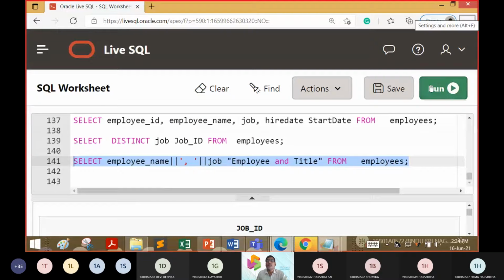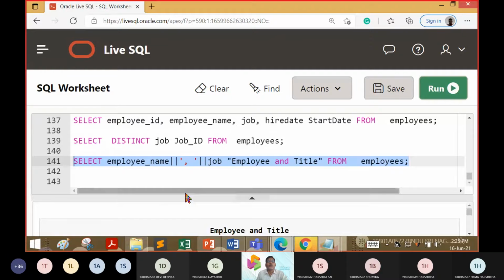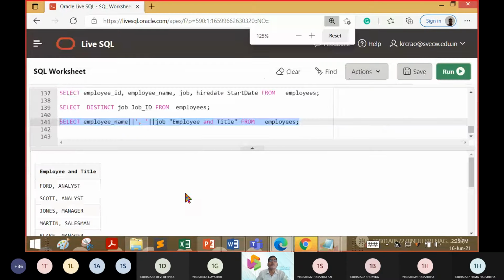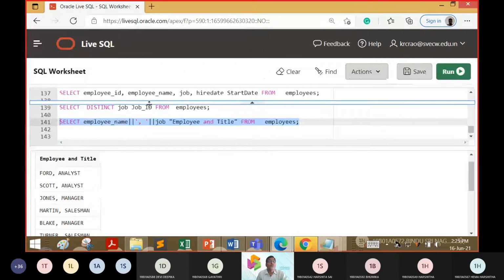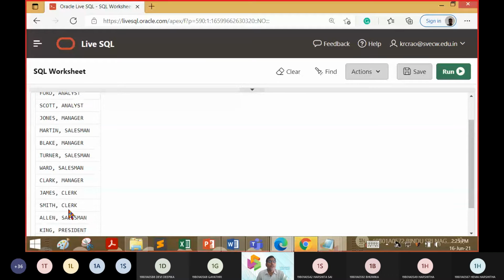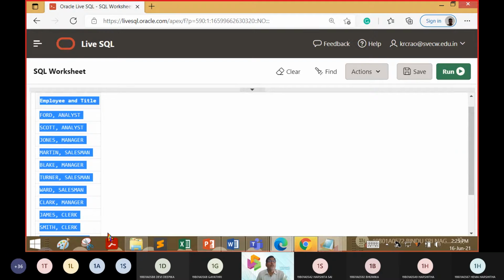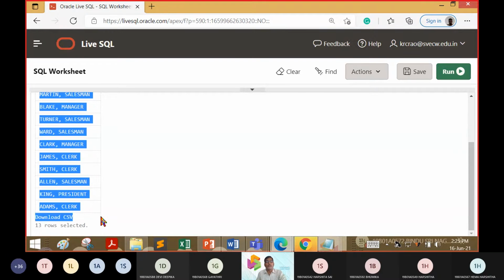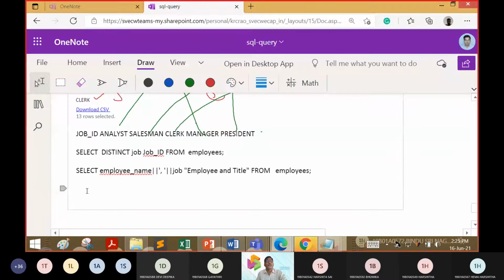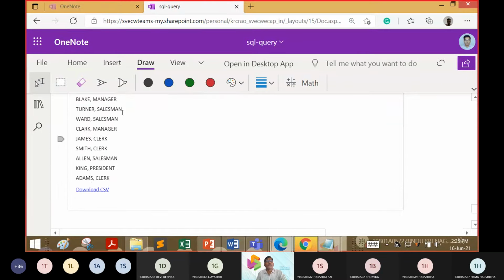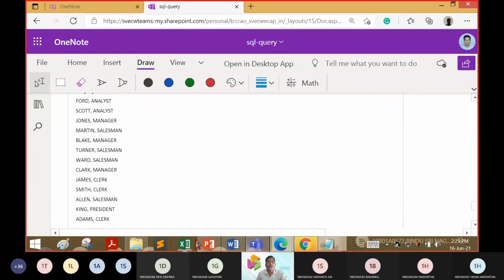Let us see how this query executes. Now you can see Ford, comma, analyst, Smith, comma, clerk, Adam, comma, clerk. It is titled as employee with title. That is how answers are going to be displayed.